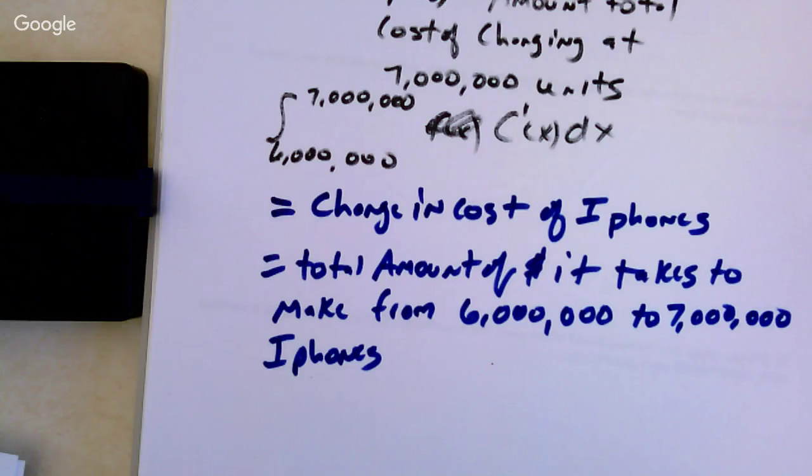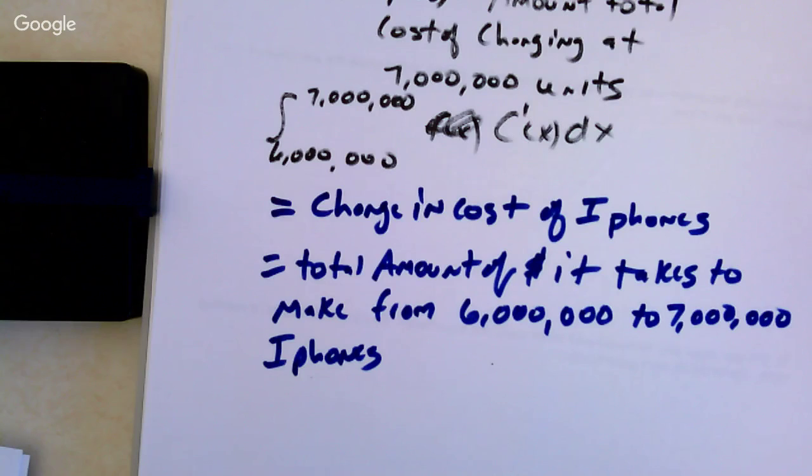What else? Testing's not included. Designing, development, right? All of that stuff's not included in this. So kind of odd. Like I was mentioning last time, it feels like you have to make those costs up. But those are already gone. You cannot get that money back. It really doesn't matter if you sell this another millionth iPhone or not. For all that development cost, you've already had to pay all that. So marginal cost pricing is just looking at how much it takes to make one more, not how many it took to make the total of them.